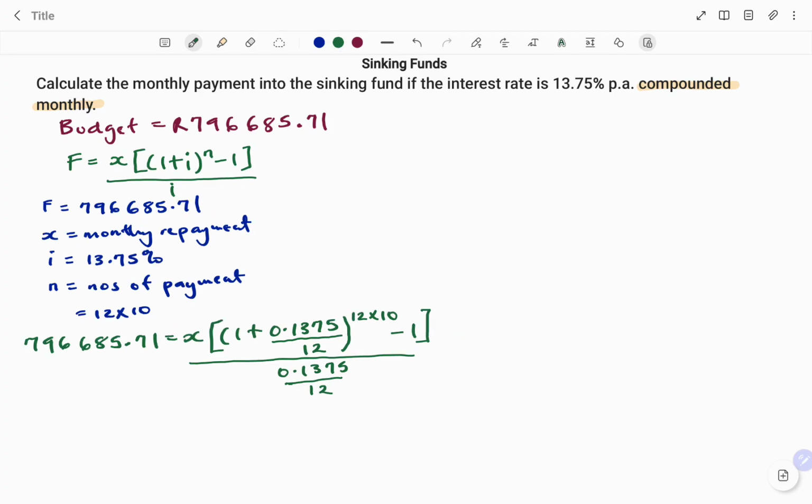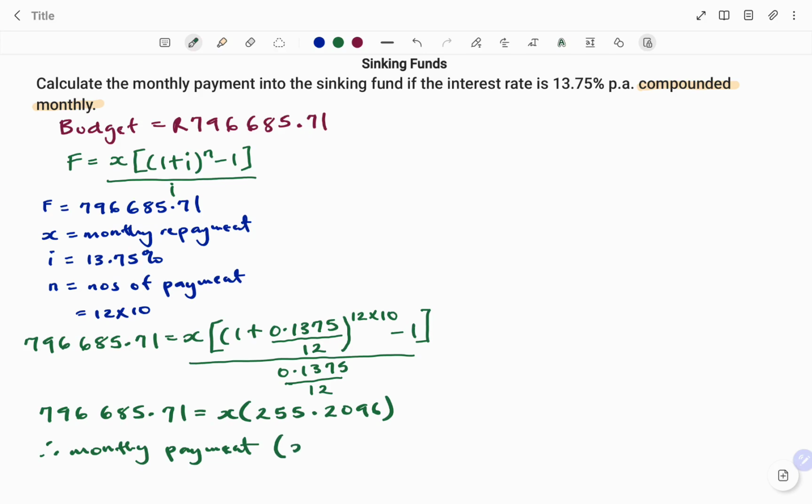So if you punch that in, we have 796,685.71 equals X times 255.2096. Therefore, a monthly payment into our sinking fund, that's X, will be equal to, dividing both sides by 255.2096, we have in rands